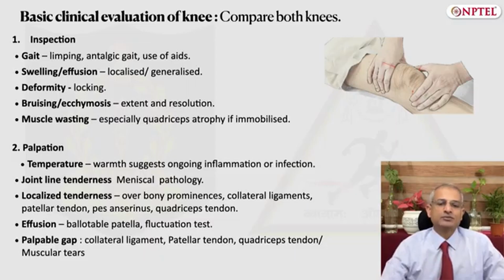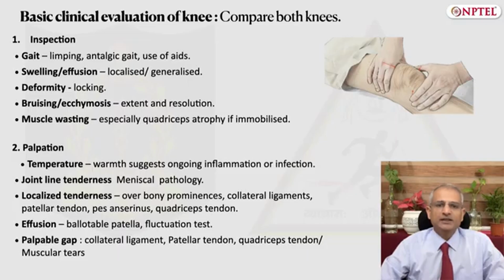The first thing that needs to be seen is the gait of the patient, how the patient is walking, whether it is normal or whether the patient is limping, whether the patient has an antalgic gait, or if the patient is using a walking aid to ambulate. If swelling or effusion is present, then whether it is localized or is it generalized swelling of the knee. If any deformity is present, that is